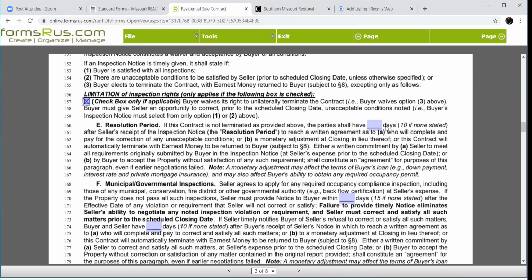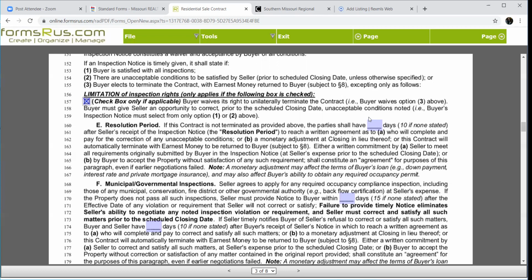And if we don't reach this agreement within 10 days, then the contract effectively dies. So if we're at that 10th day, it's never a bad idea just to do a contract amendment that says resolution period extended to X. Okay? Just so we've still got that showing that we're under contract, because once we're out of that, at any point, either party can say, you know what, we're out of contract, I'm done. And trust me, I've had those calls recently too, where an agent's like, well, what do we do?